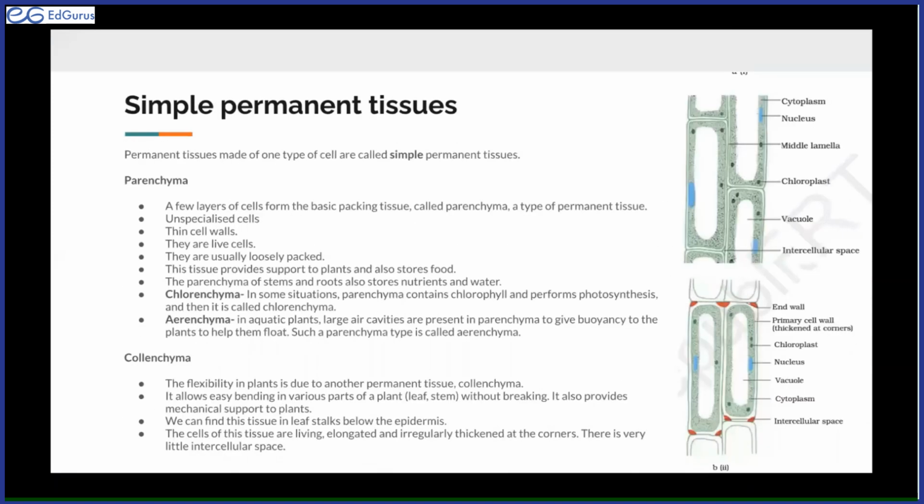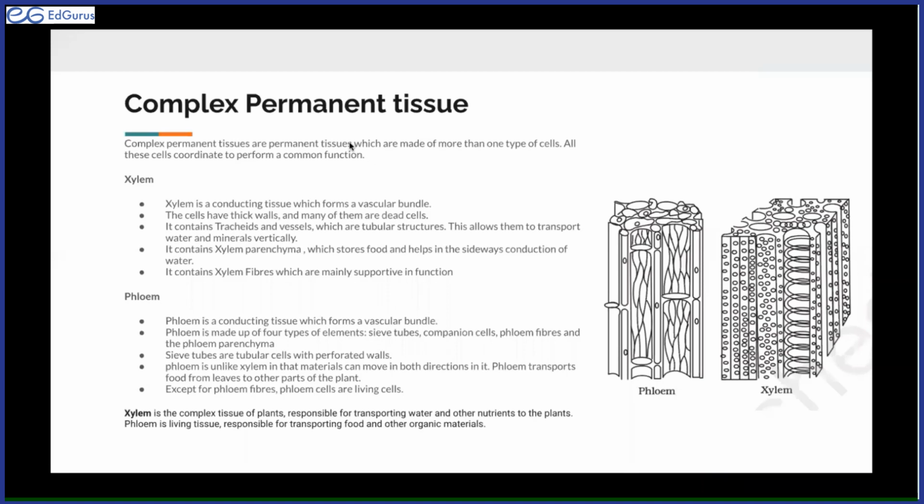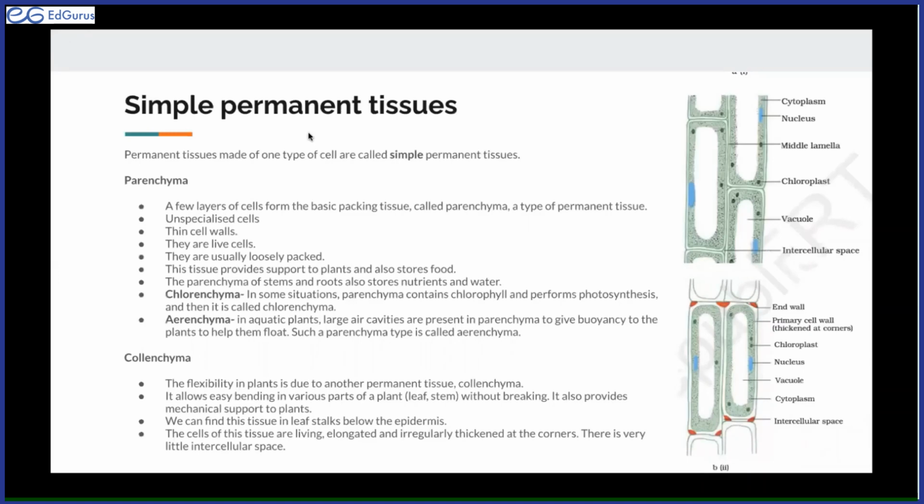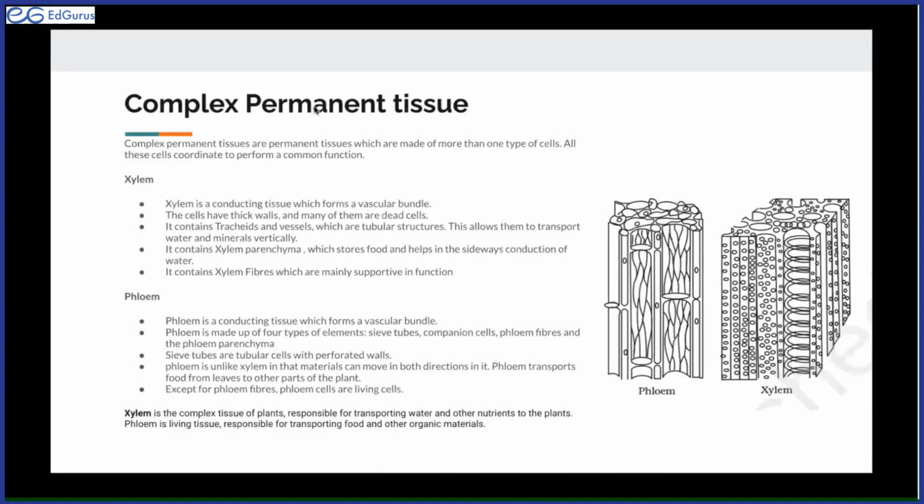The main difference between these two is that simple permanent tissues are made of one type of cell, whereas complex tissues are made up of more than one type of cell. Okay? So the complex permanent tissue comes in 2 types in plants. We're specifically talking about plants here, because a type of plant tissue is permanent tissue, and a type of permanent tissue is simple permanent tissue, and also complex permanent tissue. So this is also a plant tissue only. And basically, a complex permanent tissue is made out of more than one type of cell, and there are 2 types: xylem and phloem. So I'll let you go through the points yourselves once I post the notes